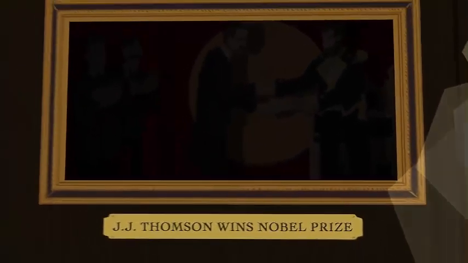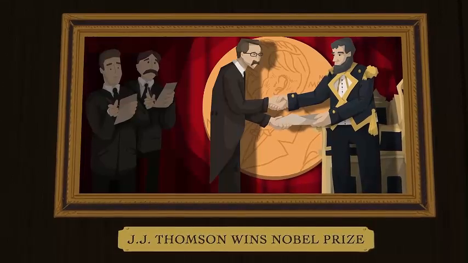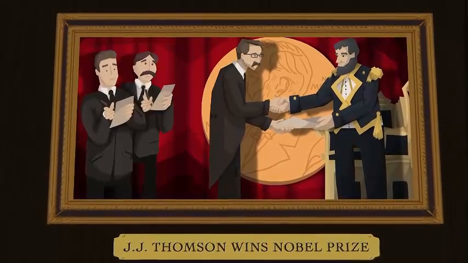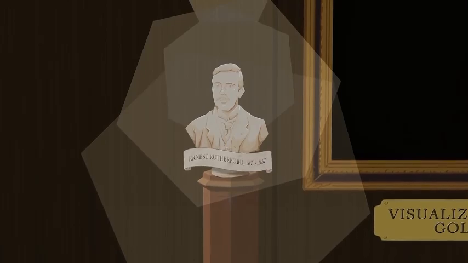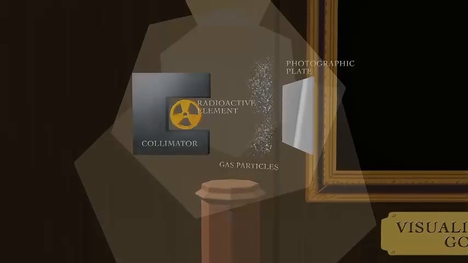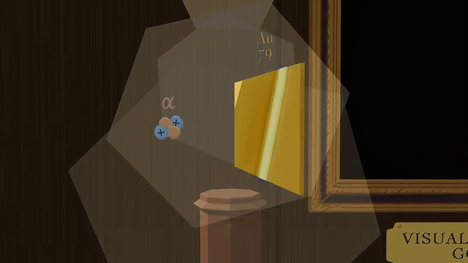Thomson won a Nobel Prize in 1906 for his electron discovery, but his model of the atom didn't stick around long. This was because he happened to have some pretty smart students, including a certain Ernest Rutherford, who would become known as the father of the nuclear age. While studying the effects of X-rays on gases, Rutherford decided to investigate atoms more closely by shooting small, positively charged alpha particles at a sheet of gold foil.